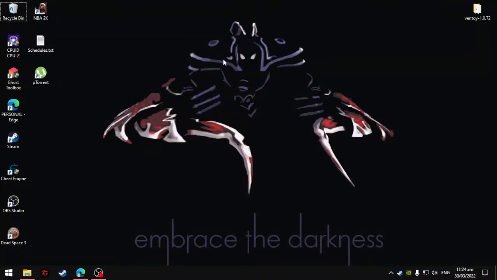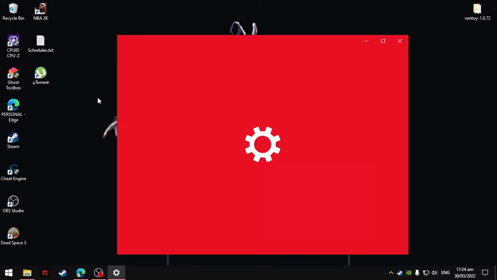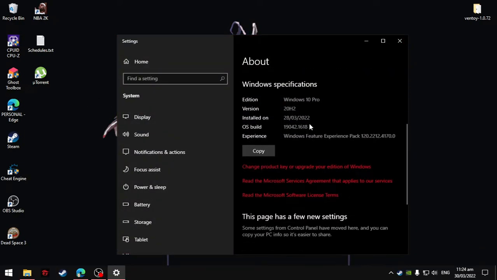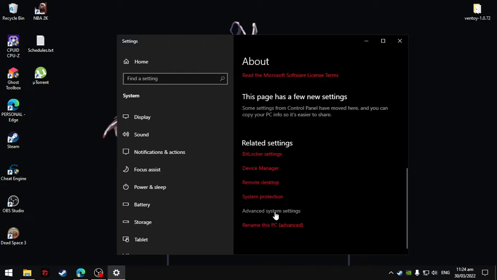Good day. This is a tutorial on how to make your Windows PC snappier and low in operating temperatures. So first, go to your Start logo, right click, select System. After that, scroll down, go to Advanced System Settings,